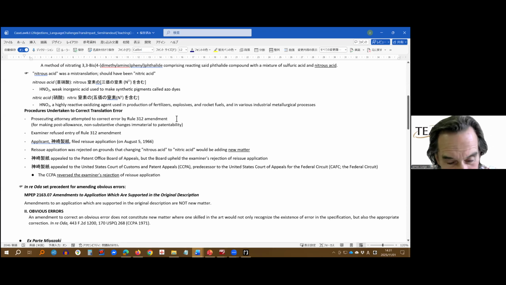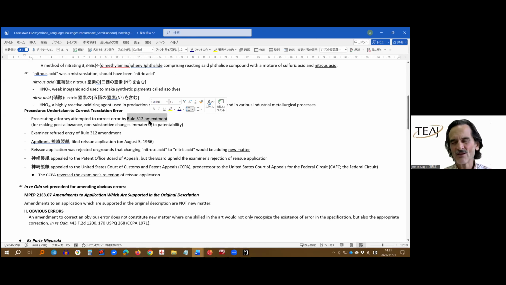we patent attorneys or agents would think, you can correct this kind of mistake by what's called a Rule 312 amendment. It's an amendment to make, as I put here, post-allowance non-substantive changes that are not material to patentability. And what is supposed to happen is that you submit, it's basically to correct typos or to make changes that are to correct obvious problems, and then the examiner is supposed to just enter the amendment and everything's okay.